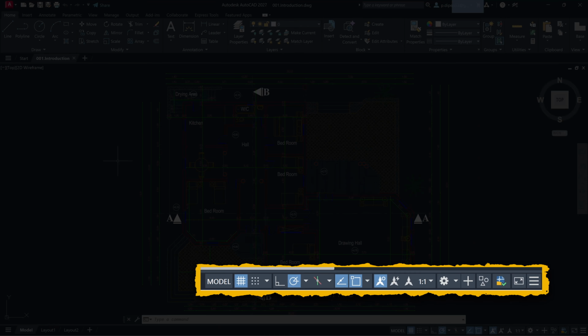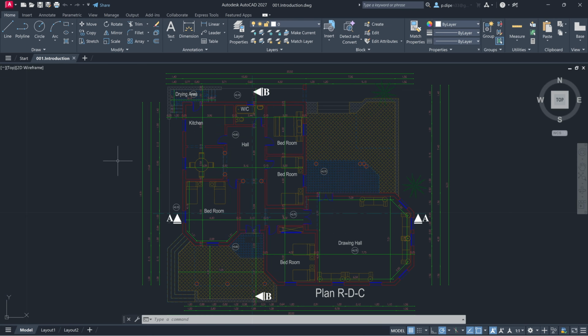Now look at the bottom right side. This area is called the status bar. It has many small buttons that control important drawing settings. Some of these settings help with accuracy, like grid, ortho, object snap, polar tracking, and more. For now, don't worry about every button, but remember this. The status bar helps you to draw accurately. Later, we'll spend proper time on important settings like ortho and object snap, because they are very important for clean